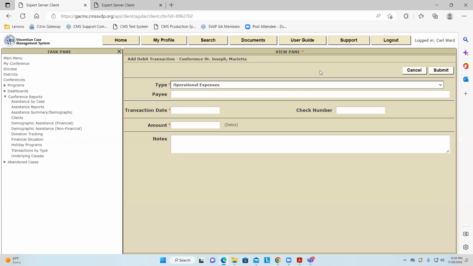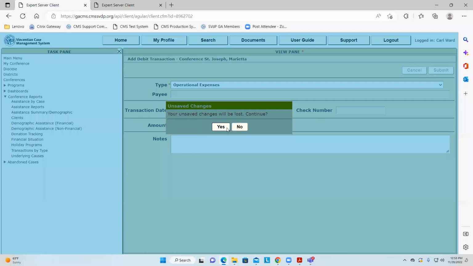But I've seen many times where the way it gets recorded in CMS is an add debit, and that's wrong. It's just wrong. And the reason why it's wrong is because it will never get on the client's record. Yeah, your check register will be in balance, no doubt about it. But the client record will never show that you paid $300 for utilities. Or temporary lodging, which is happening a lot. And that's important. Yeah, for sure. That's a good point. Okay, I think we might have beaten that one to death.